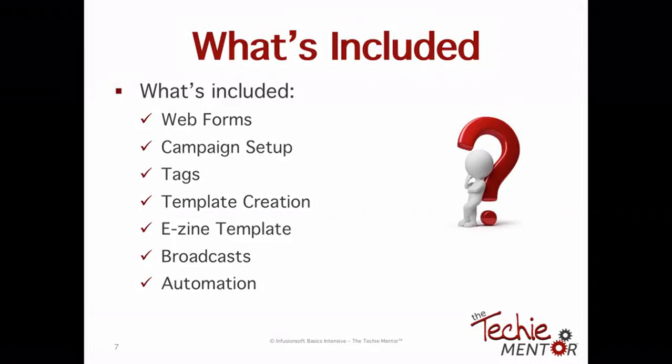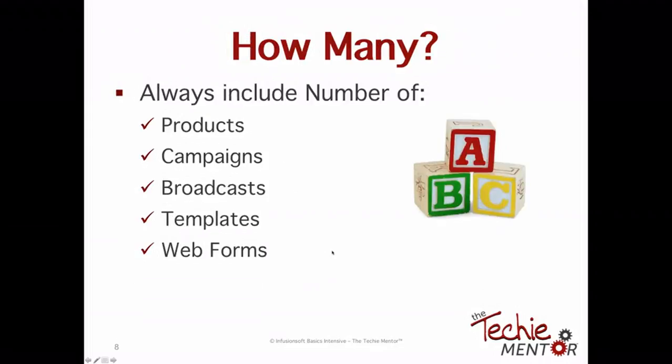And not only do you need to be specific about what's included, you need to be specific about how many. Quantify everything. How many products? How many campaigns? How many broadcasts? How many templates? How many web forms? And I always go up to, so up to 5. Up to 5 products, up to 5 campaigns, up to 5 broadcasts, up to 5 templates, up to 5 web forms, and so on and so forth. Okay? By being very clear, that way clients understand that they get so many